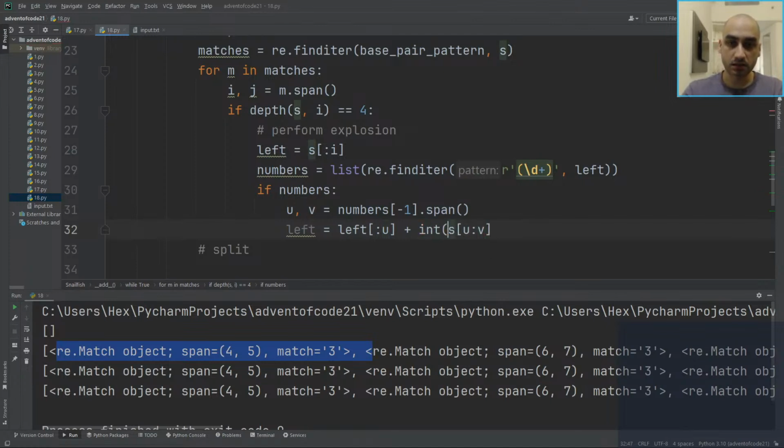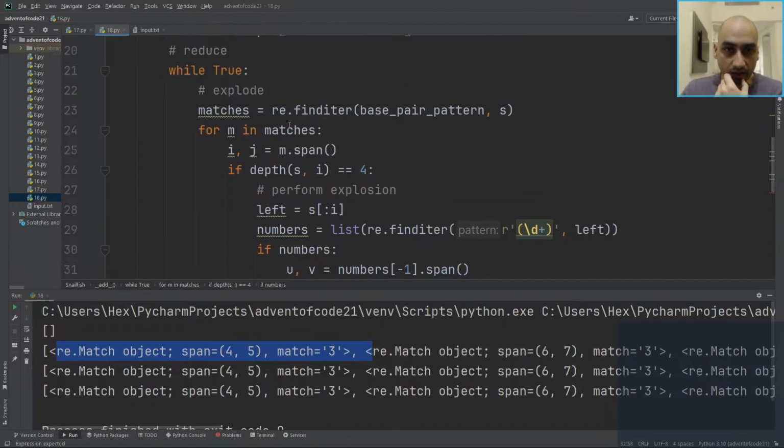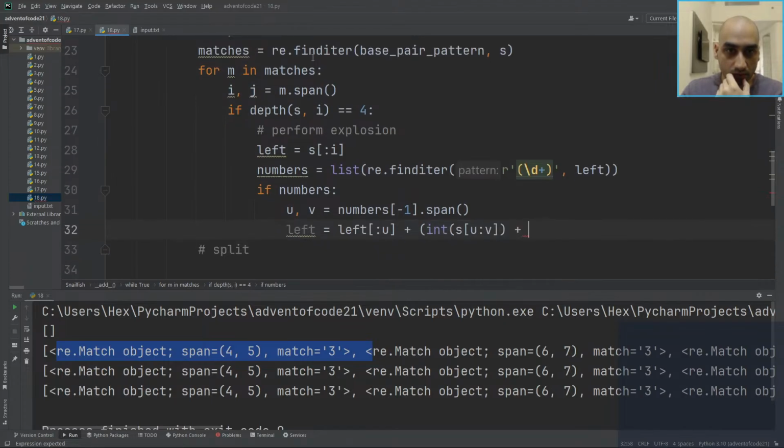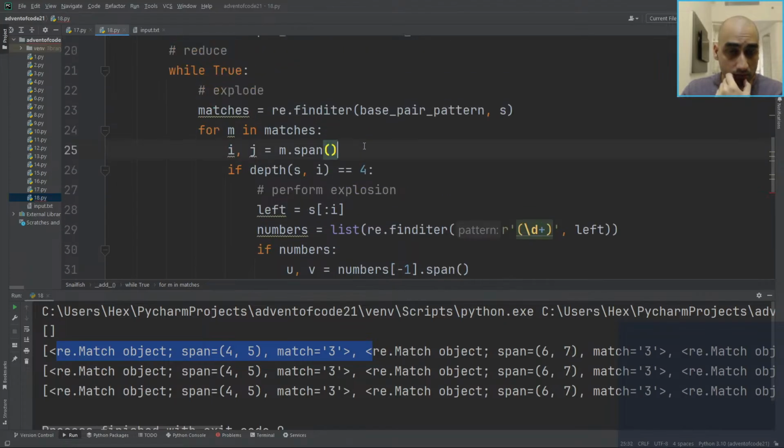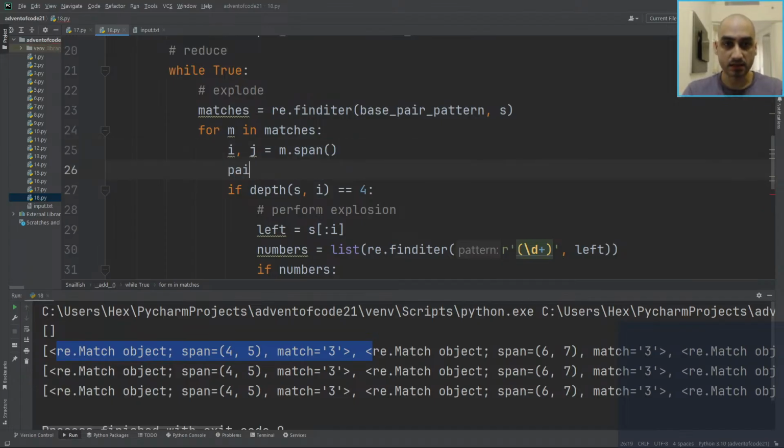Turn it to an int. So we've got the int. Then we want to add the first of this pair. So the actual pair is going to be